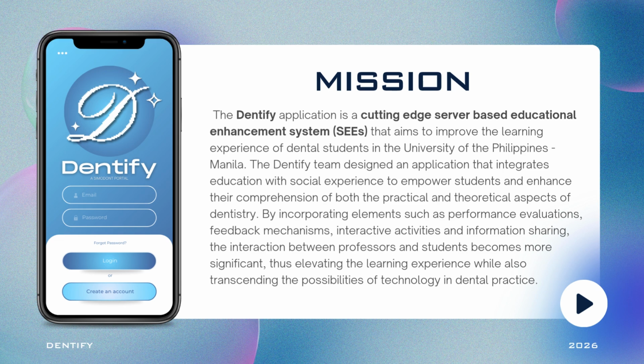The team's mission is to create an application that offers a cutting-edge server-based educational enhancement system, or SEEs, that aims to improve the learning experience of dental students in the University of the Philippines, Manila. It integrates education with social experience to empower students and enhance their comprehension of both the practical and theoretical aspects